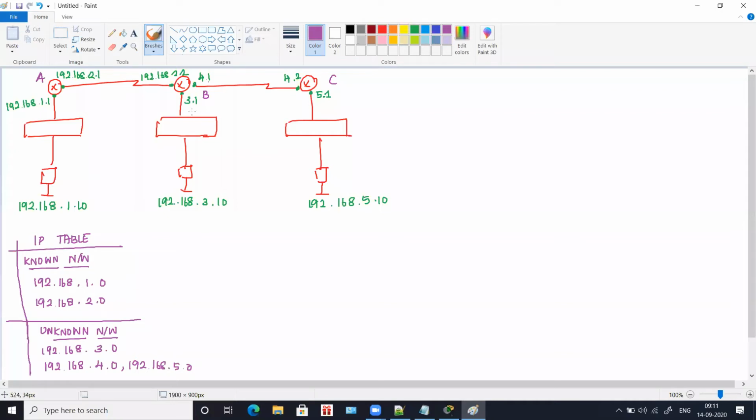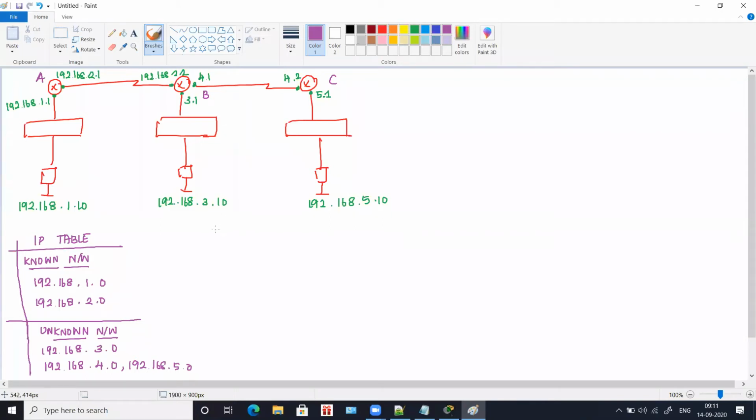So we have three unknown networks which are not directly connected to router A. For router A, the directly connected interfaces are 1.1 and 2.1, so we take 1.0 and 2.0 as our known networks, and the unknown networks are 3.0, 4.0, and 5.0.